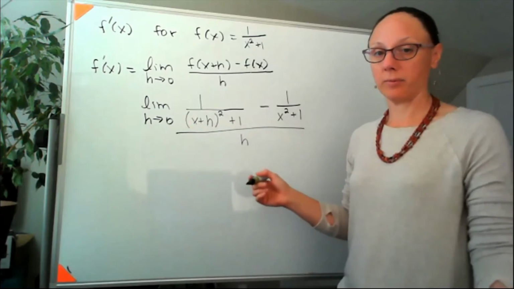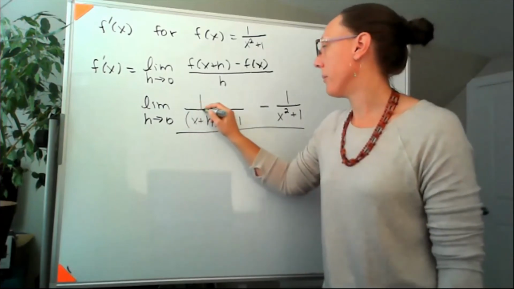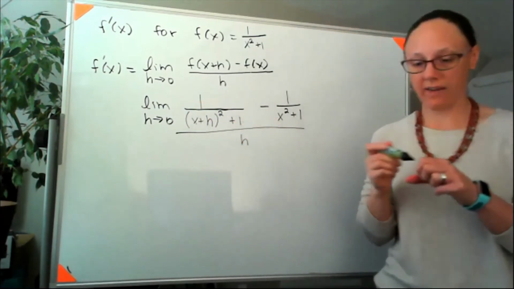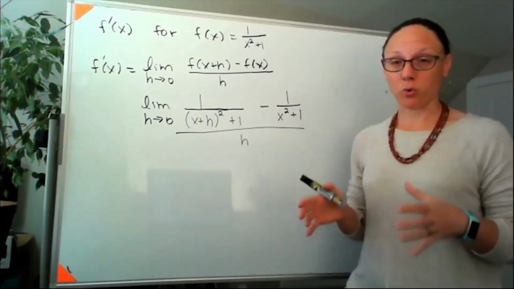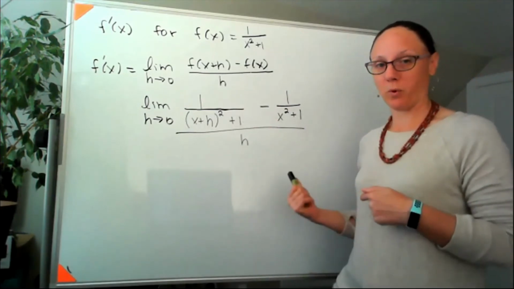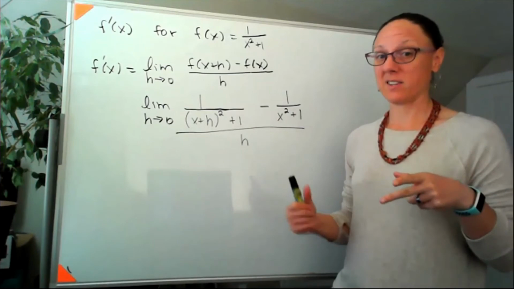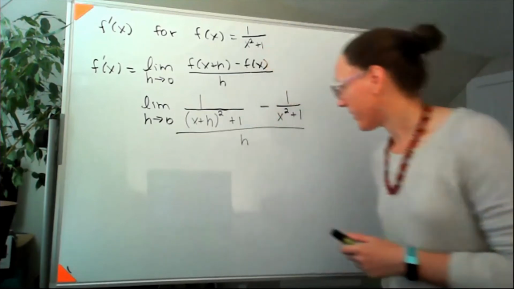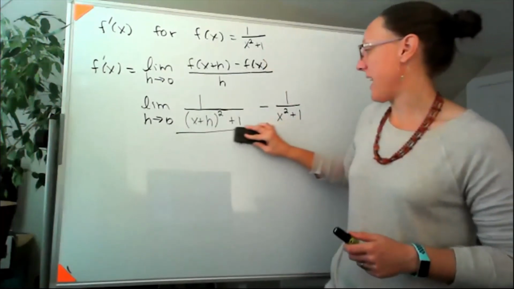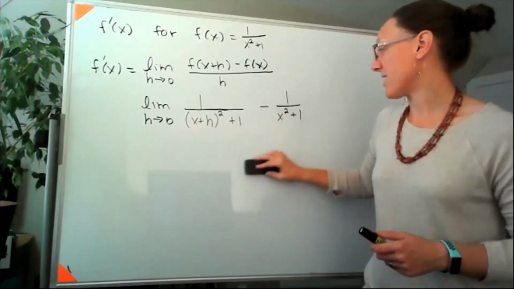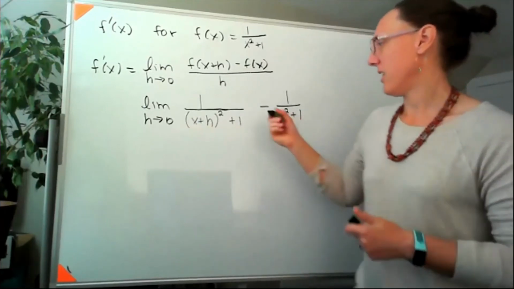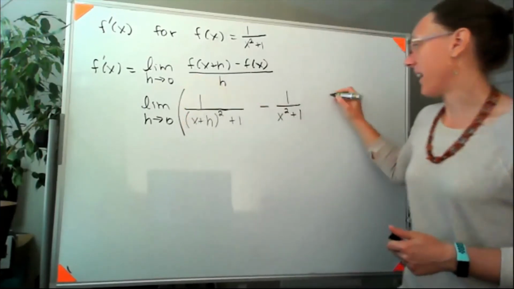Well, that is terrible. But we're going to fight through it together. Because I'm a little short on space in this whiteboard, I'm going to do a couple of things. I am going to erase that division by h, and I am instead going to write that as this entire thing